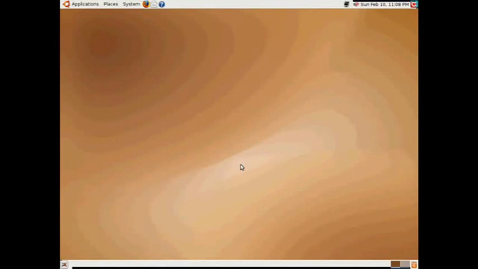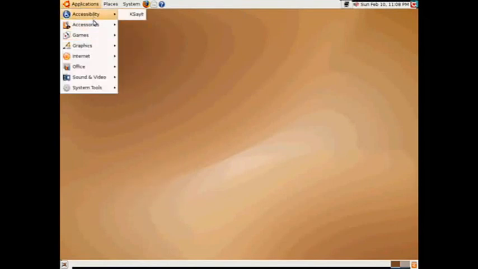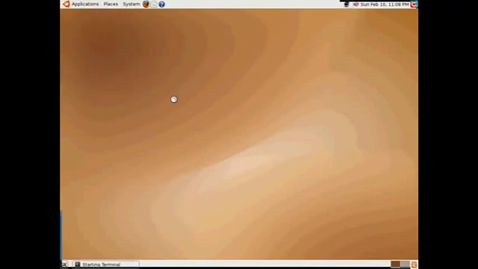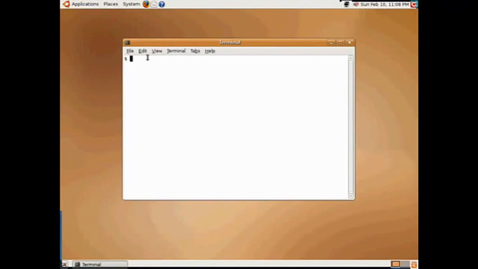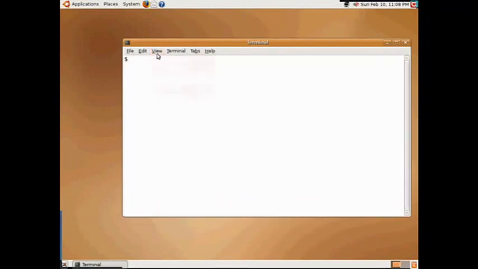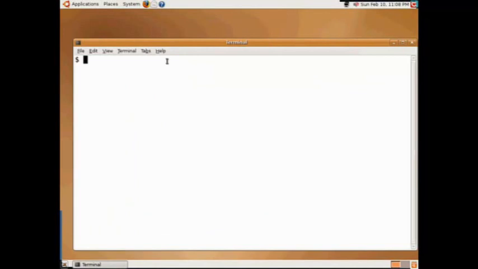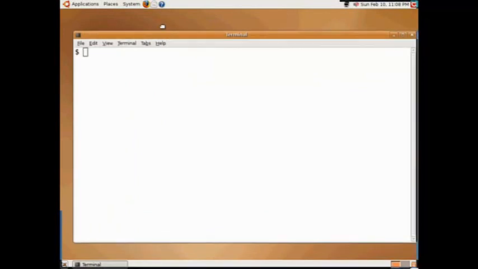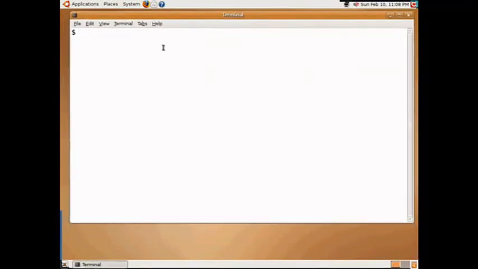And let's go here, grab our terminal, and let me blow this up a little bit. Have to be careful using the expression blow up around Dr. Evil, but now